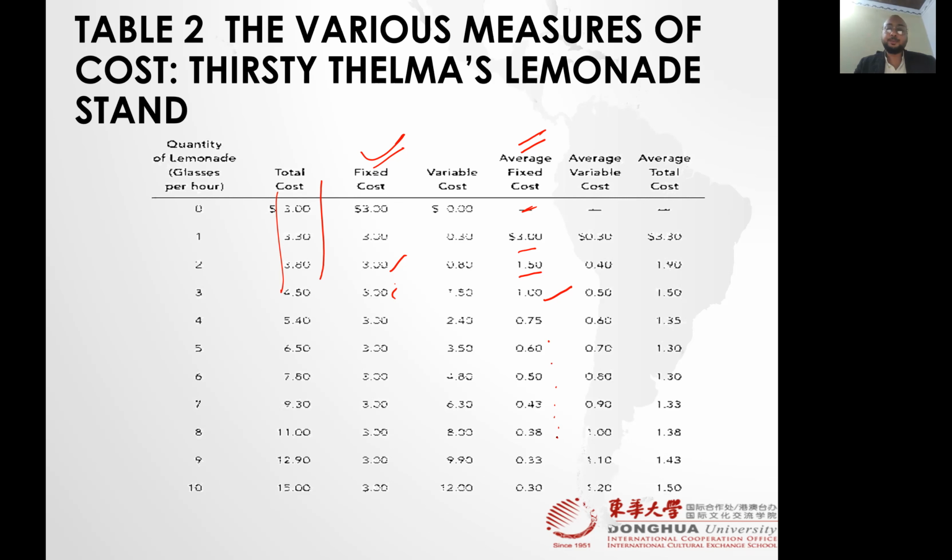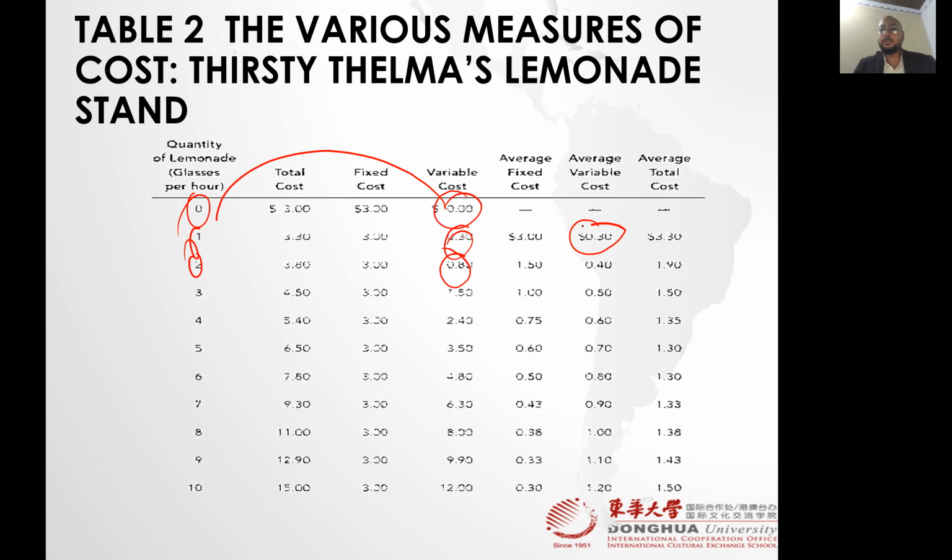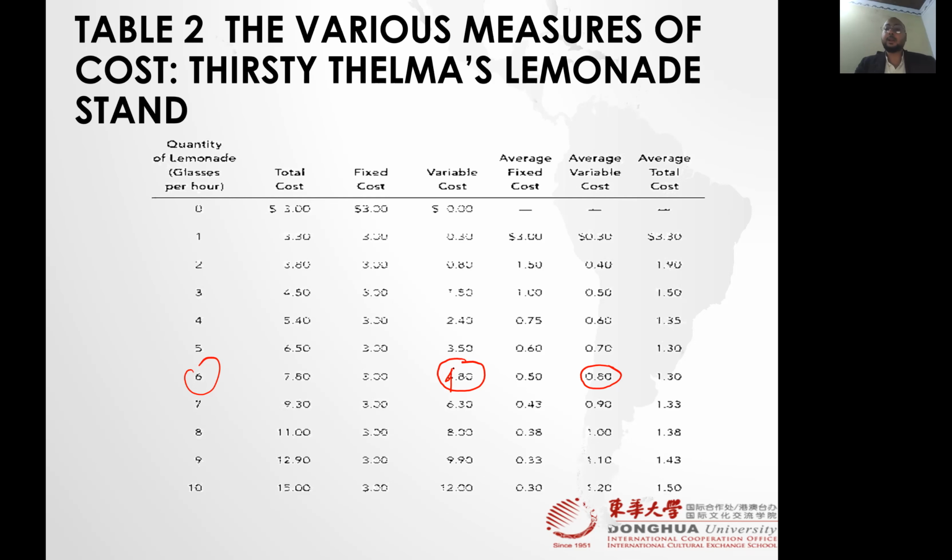Similarly, you see where this 0.3 is coming from. 3 divided by 10, the answer is going to be 0.3. Similarly, average variable cost comes from variable cost divided by quantity. This 0.3 is coming from variable cost 0.3 divided by 1. This 0.4 is coming from 0.8 divided by 2. And this point is coming from 4.8 divided by 6. And this 1.1 is coming from